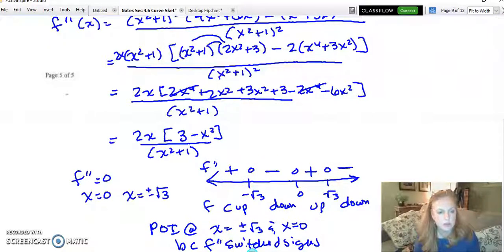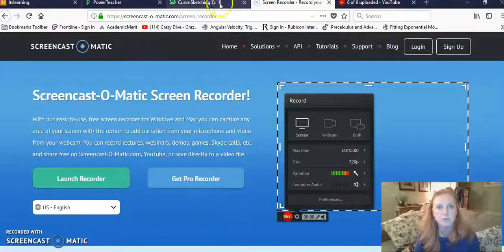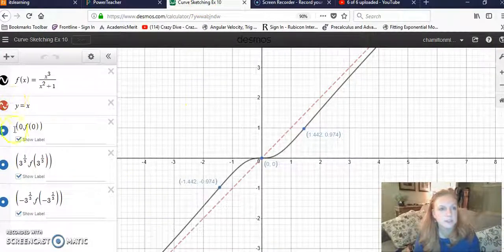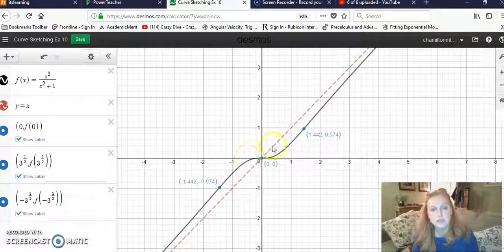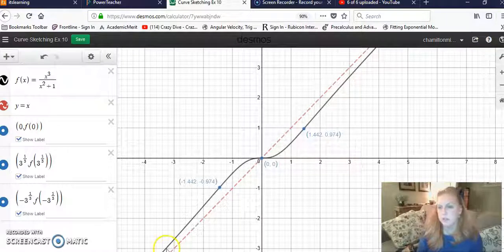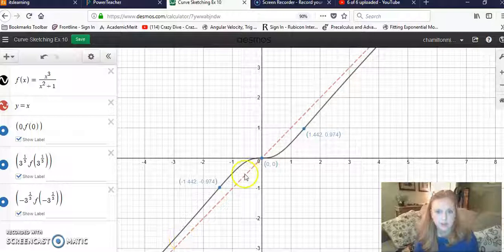All right, so let's take a look at our graph, and we'll just let Desmos show us that all our behavior is alike. So let's come over to here. Curve sketching example 10. All right, well, I have it on here, but notice here's my slant asymptote. Here is my 3 points of inflection, and then I'm going to increase. Now look, when you actually look at this, it's not very clear that that's concave up. And this is partly why you need calculus and you can't go by, hey, it looks like it's concave up and concave down over here,